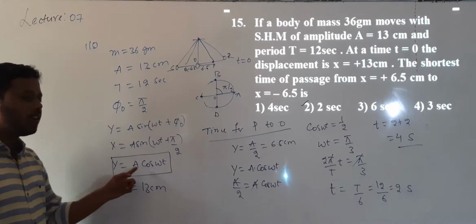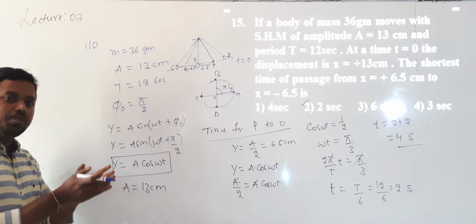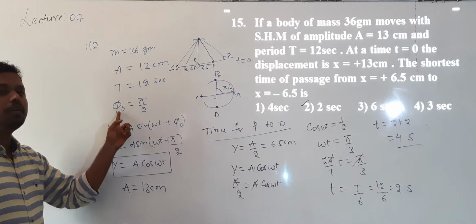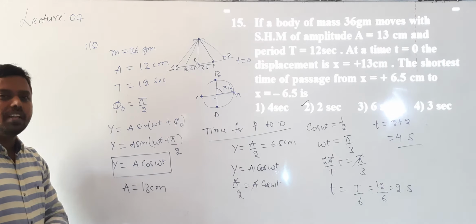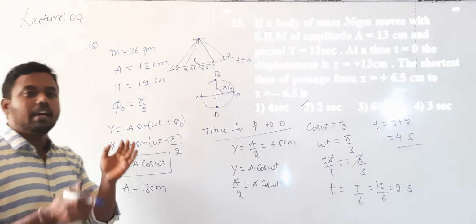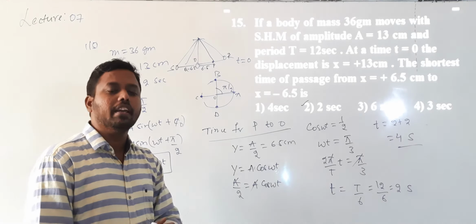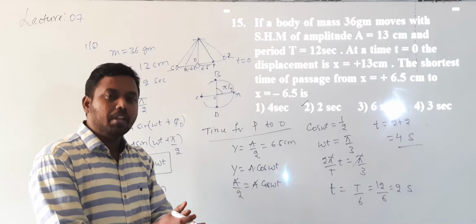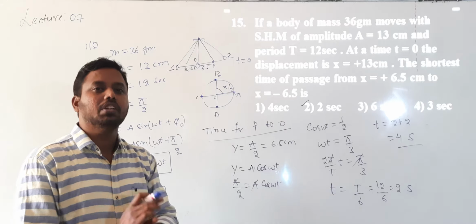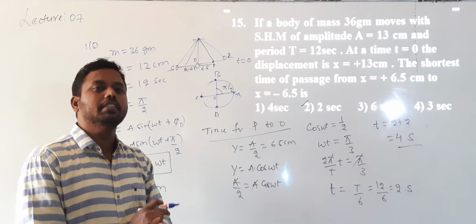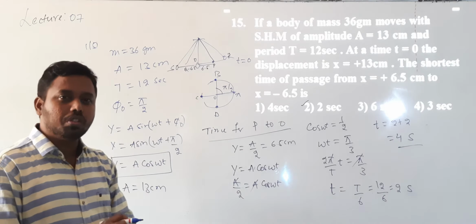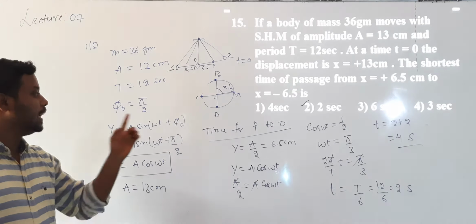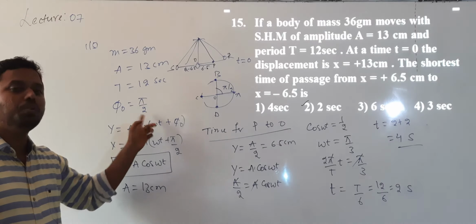Why have we taken a cos omega t? When should we take a cos omega t? Why is the initial phase value pi by 2? Whenever motion started from the extreme position. Simply by listening to the concept of phase you may not get it completely, but by doing numericals you will get clarity regarding the phase. Phase is nothing but the state or condition of the particle which is executing simple harmonic motion. So whenever the particle starts the motion from the extreme position, the initial phase value phi naught is pi by 2.